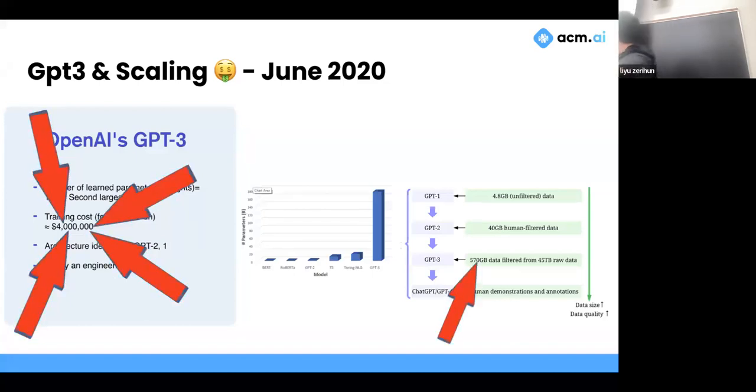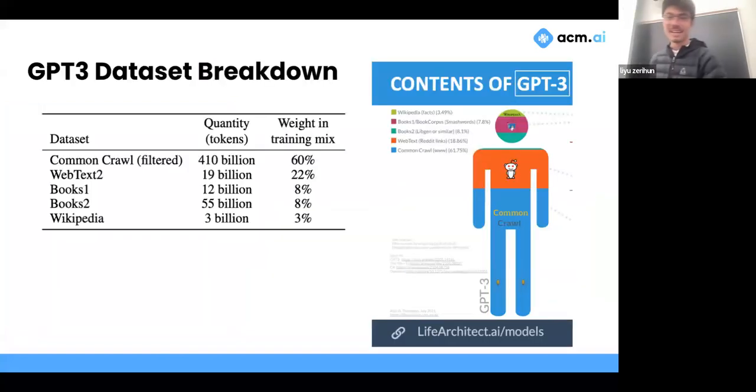And look how much data they used. 560 gigabytes of text. Do you know how small text files are? Have you written a file that's even a megabyte? 560 gigabytes of text, these are just massive numbers. And this is the approach OpenAI has. They just throw a massive amount of money, $4 million, and so much data, and they believe that it will scale. And it worked. Again, this is a breakdown. The actual data is just straight from there. This is just websites. Decent amount of Reddit. That's interesting.